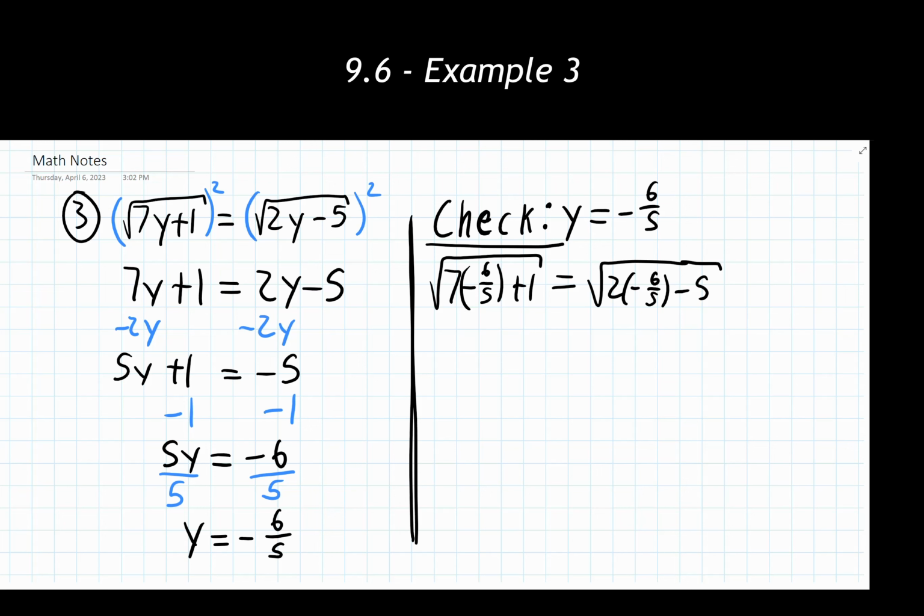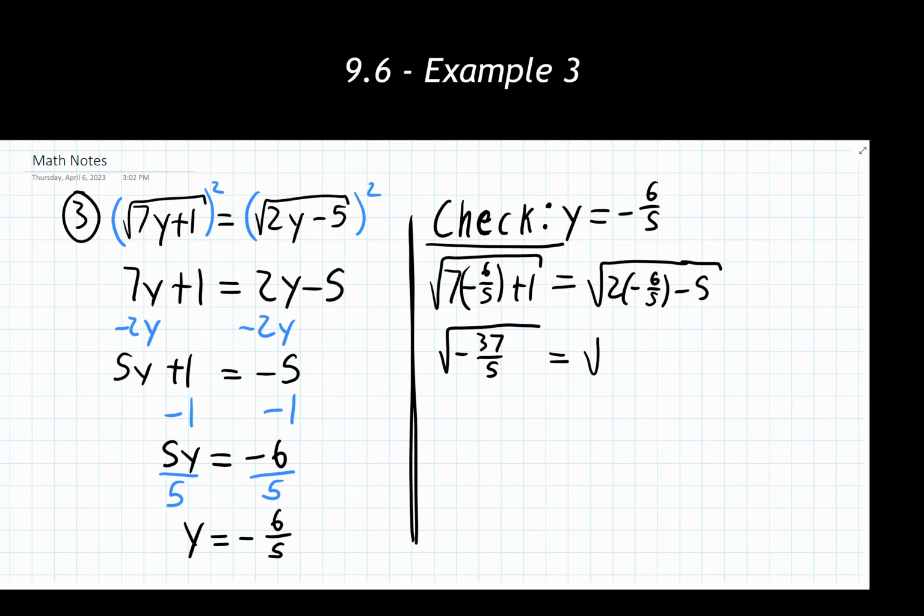So on the left side, when I do that, I plug that entire radicand, this 7 times negative 6 over 5, into my calculator, and I'm doing this off screen, which you're welcome to do as well. When I plug that in, I'm getting, oops, hold on, it's giving me a little bit of an error over here. There it goes. So I'm getting the square root of the fraction negative 37 over 5 on the left-hand side.